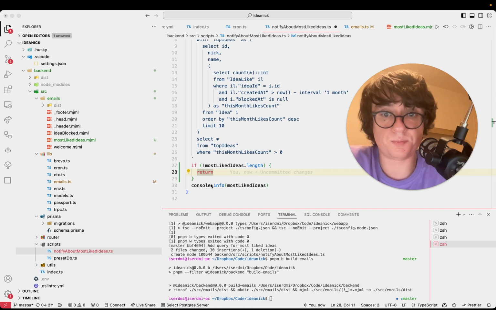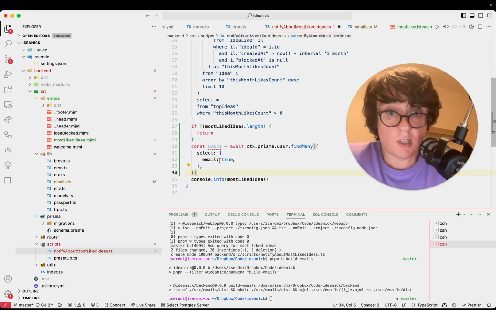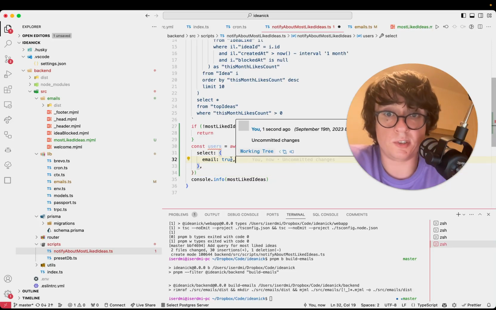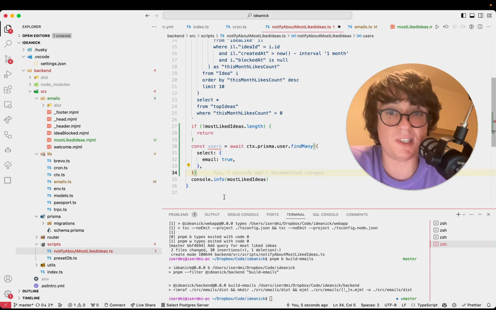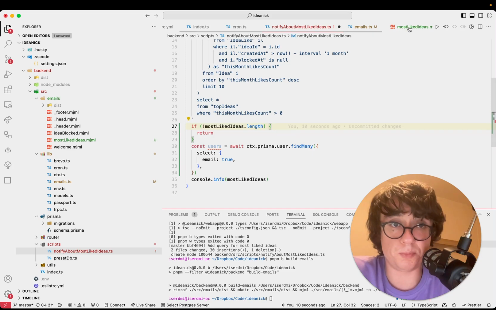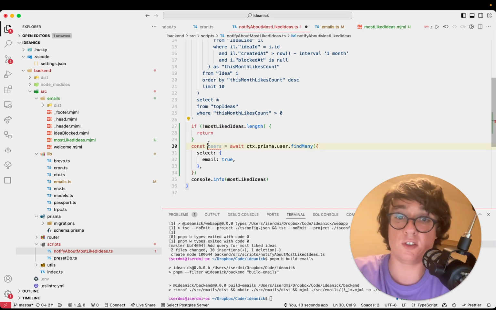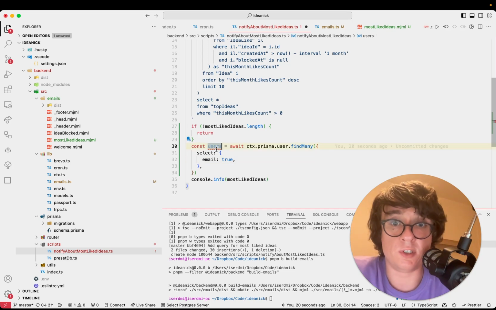Why send an email with an empty list of liked ideas? Okay, and then we need to get all the users. All the users. And we are only interested in their email. Here. And we make a request like this. Look, what I'm doing from line 30 to 35 is not very production-ready code. So, this lesson was more about seeing how to do email loops, and how to accomplish what we want to do. But there may be a situation where we have 10 million users. So, loading 10 million users into memory at once is not good. So ideally, you need to